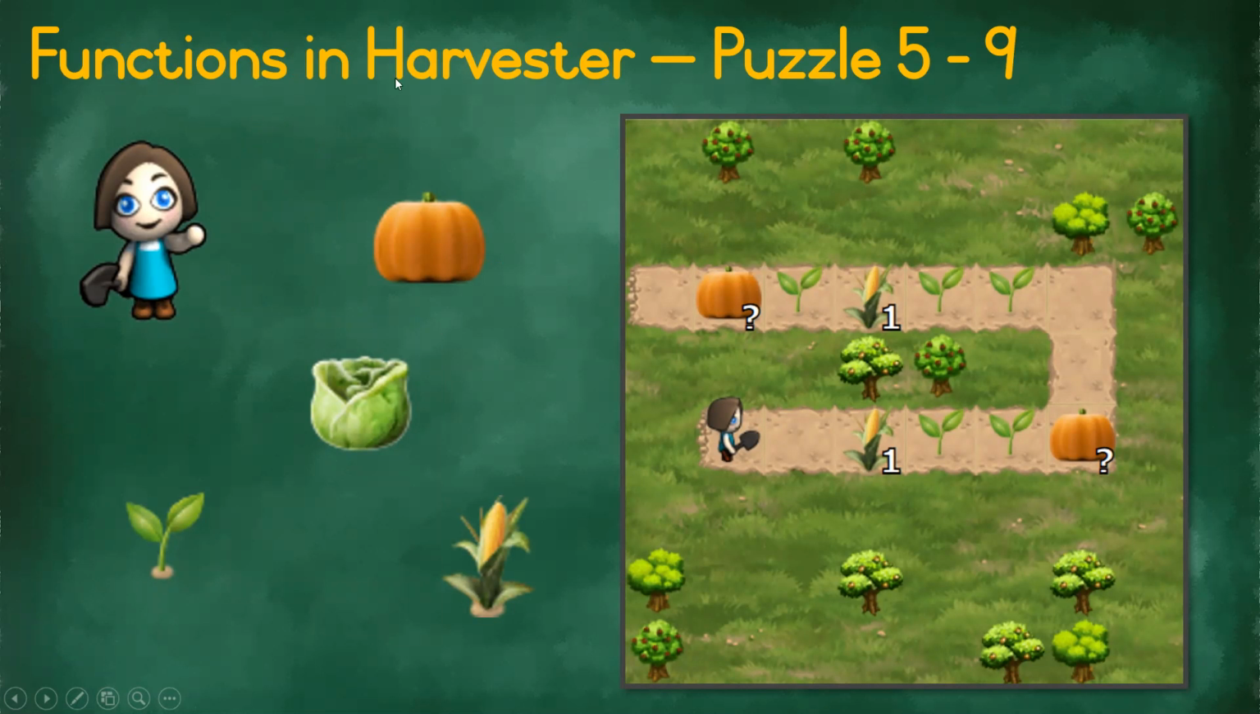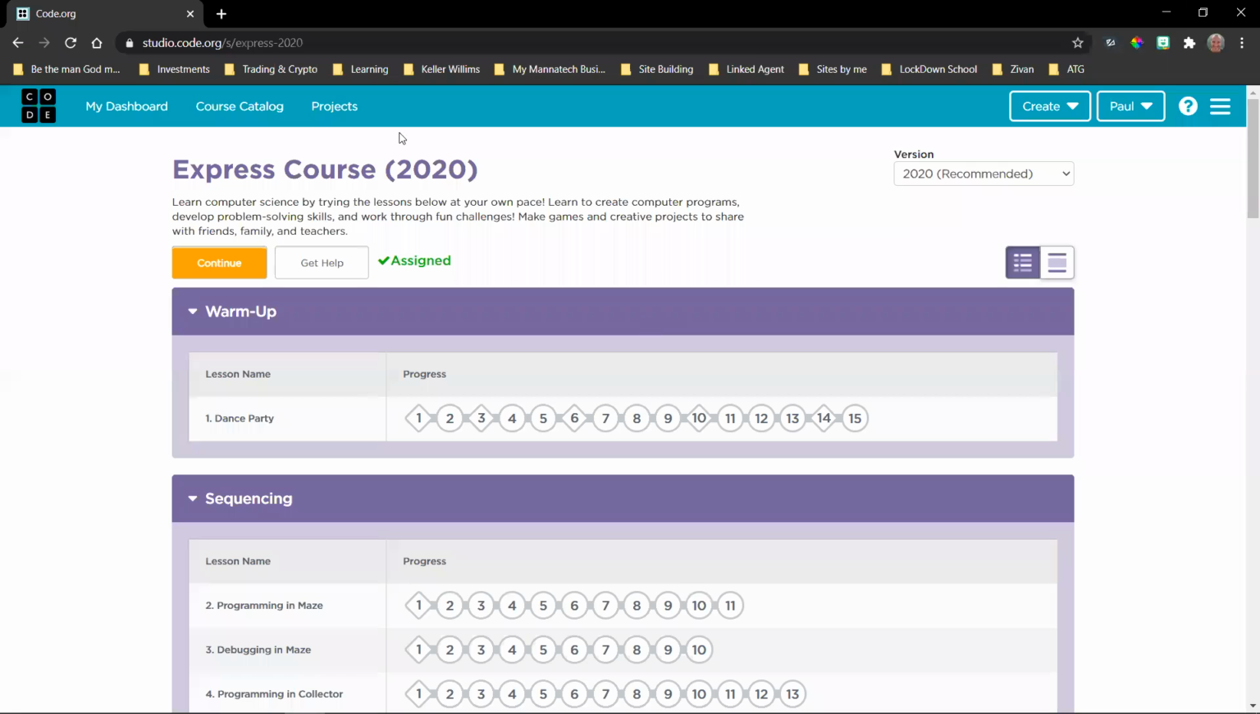Okay, today we are continuing with functions in the harvester, puzzle 5 to 9. So I want to jump to the coding screen before we do. Okay, that's the next lesson. Let me just go there. Okay, so for those of you that are new, you can see here